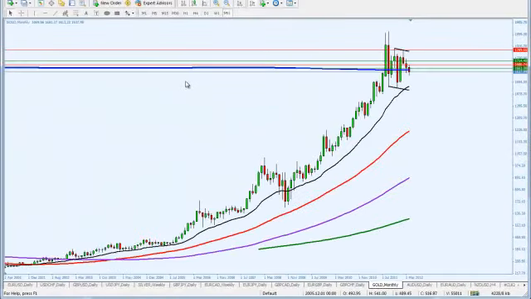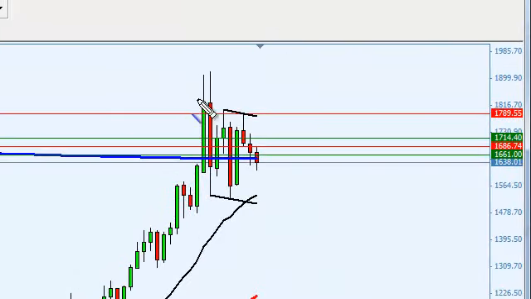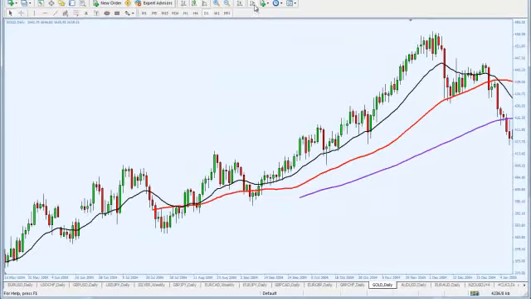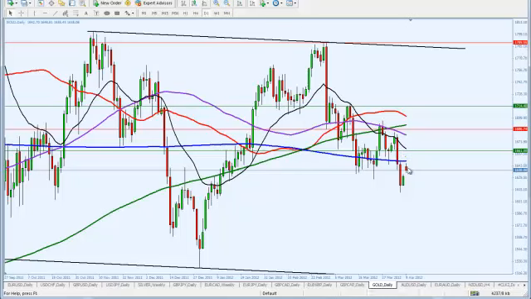on the monthly chart is consolidating between two areas, between the 1800 and the 1550. We need to see a break to the downside or a break to the upside. But as we see on the monthly, the price is moving down, and the next target for the gold is 1560 and then 1500. On the daily chart for the next week, we see that the price opened in a gap